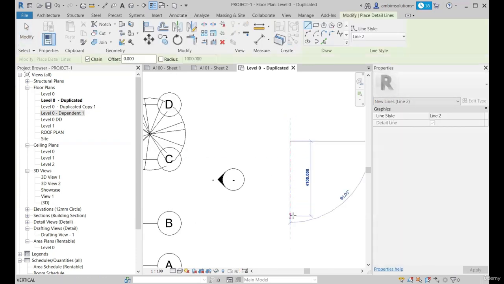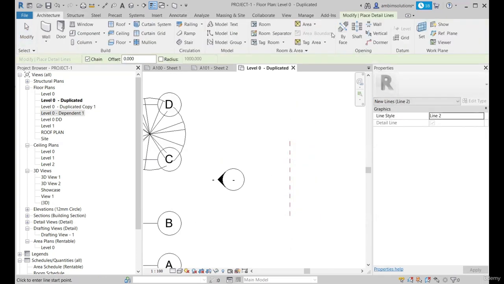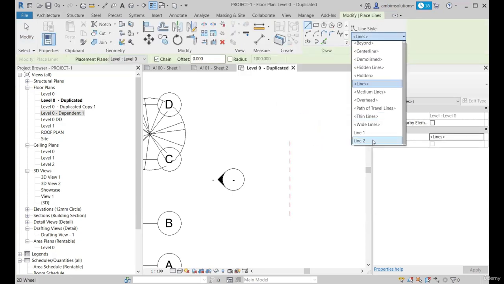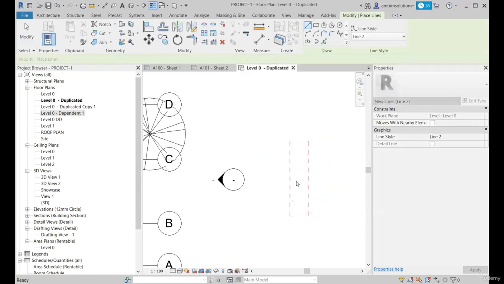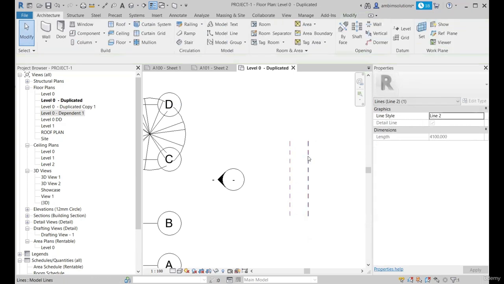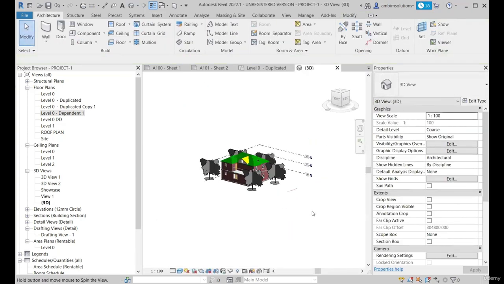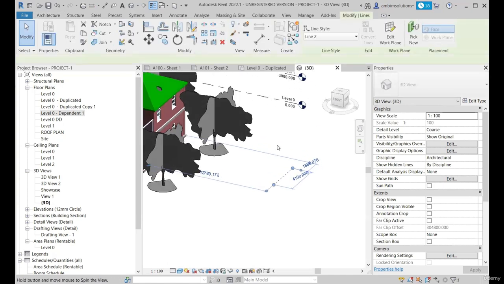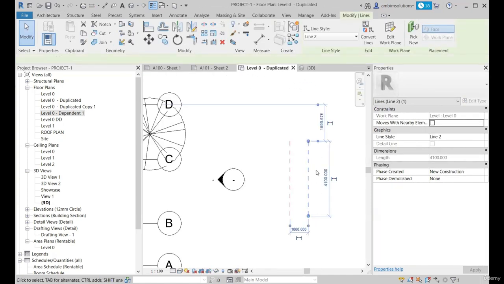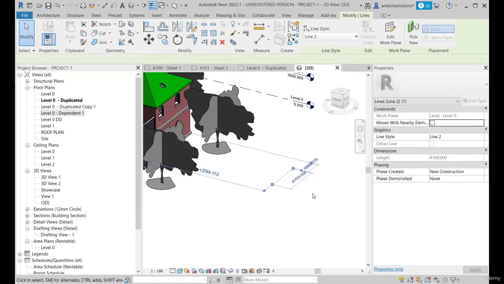Let's create a detail line over here, and then go to the Architectural tab, where we have Model Line. So let's create a similar model line. The one on the left is a detail line, and the one on the right is a model line. If you go to the 3D view, I'm able to see the model line on the right-hand side, but I'm unable to see